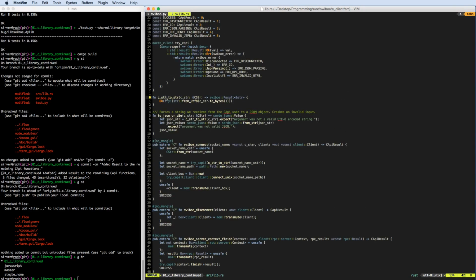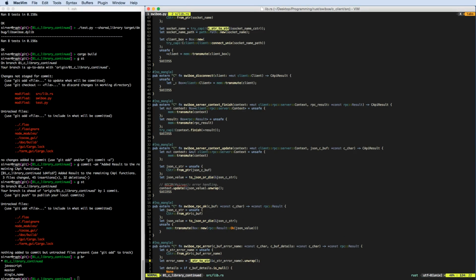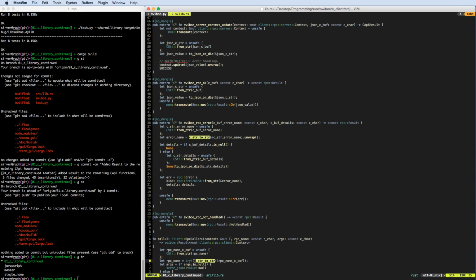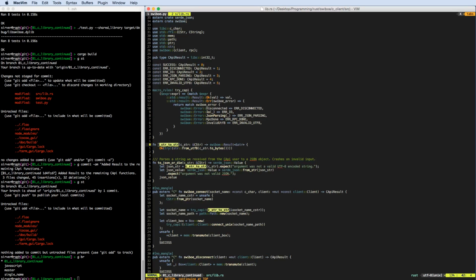And then we have the C string to string, which we use where. So here we actually convert a path name or something, but that should also be UTF-8 too. And here we get, that's also input. We also should crash here. This is also input, right? So that should also be